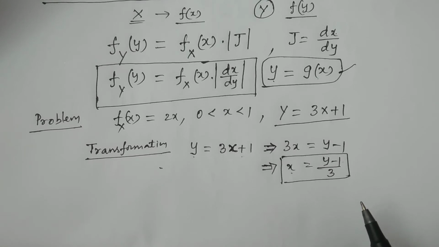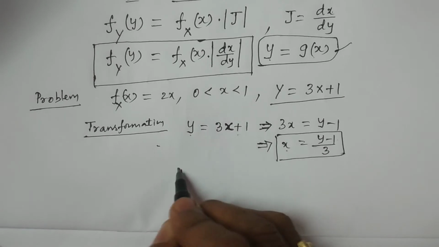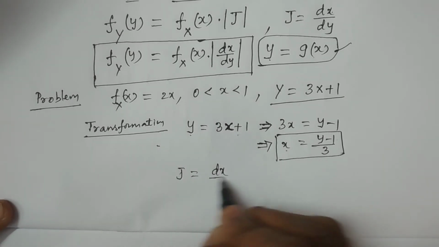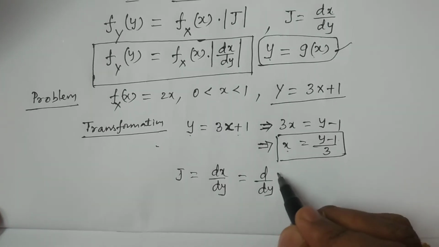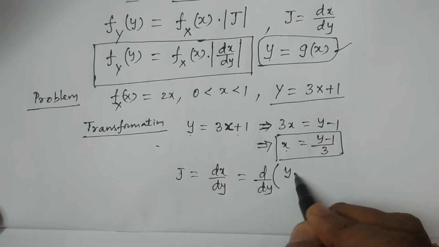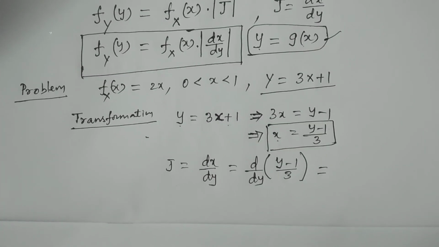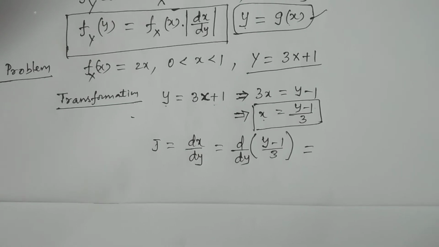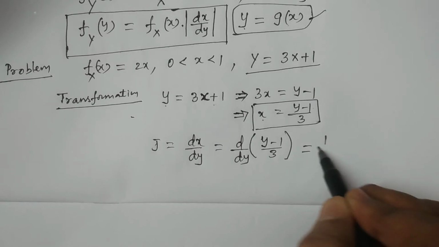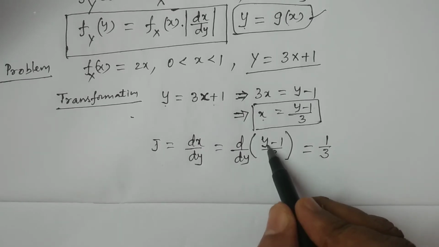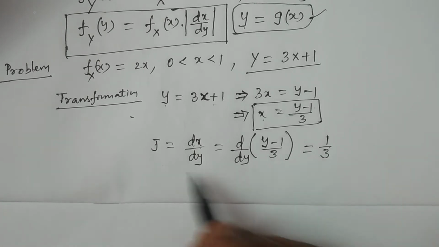Okay, it is transformed. So now you calculate directly, we can easily calculate the Jacobian. It is nothing but dx by dy, the differentiation of x with respect to y. What is x? x is (y minus 1) by 3. The differentiation of y is 1, and I'm taking 1 by 3 outside as a constant. Multiplied by the y differentiation, which is 1, therefore it is 1 by 3. Minus 1 differentiation becomes 0. So, therefore, the Jacobian is 1 by 3.